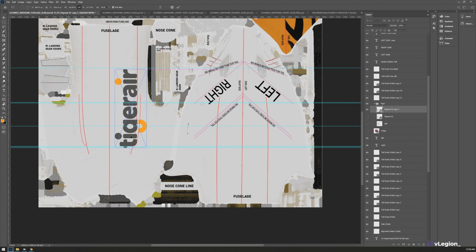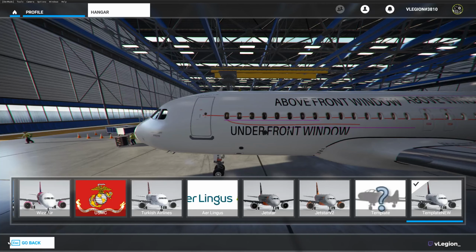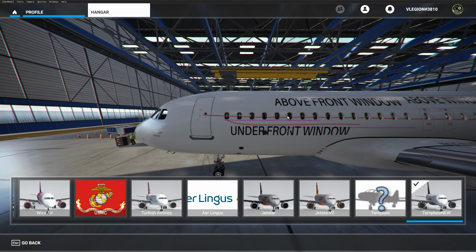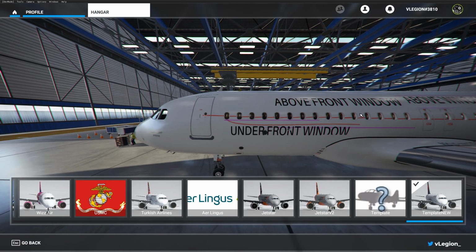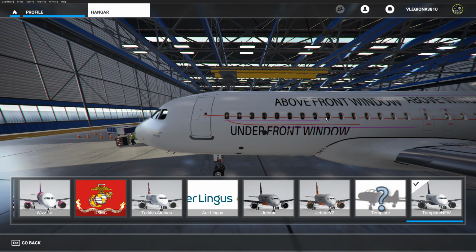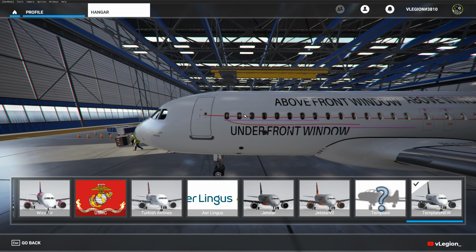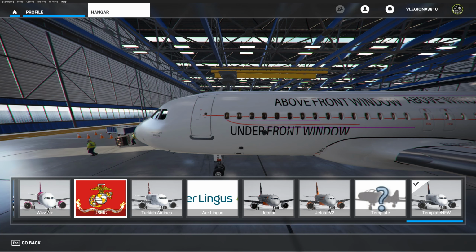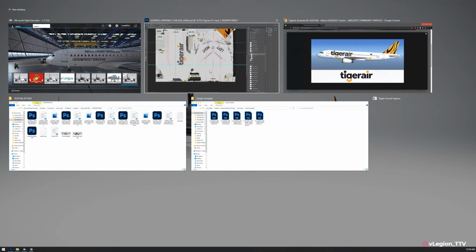Okay, so the tricky part with this is that you need to line it up to be wherever you want it to be. But this line here, it's straight on the aircraft, but it actually curves. So it curves in Photoshop. So you have to work with that curve, and then when you load it in here, in your game, you'll see here it's straight. So as long as you can follow that line, your logo, whatever you're doing, will be straight on this part. Might be a tiny little bit wobbly, but that's only because the file that Microsoft have done is